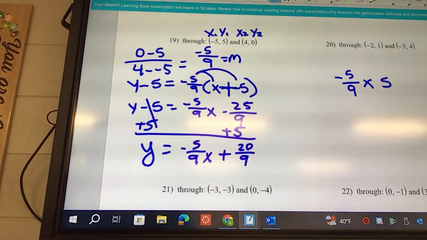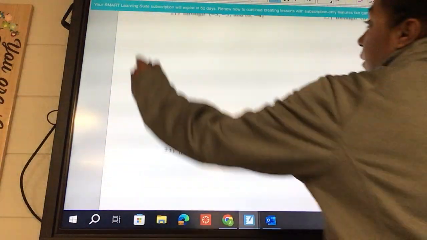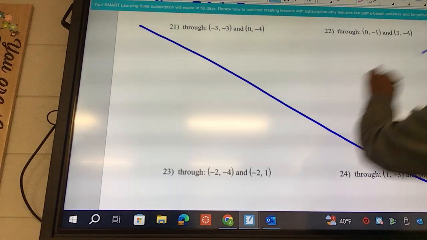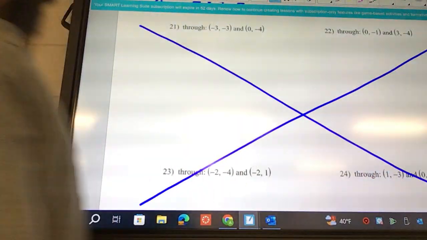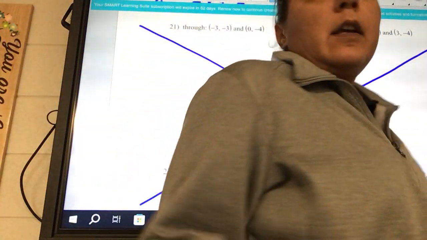Okay, number 21. This is what I want you to do. Put me a big X all the way 21, 22, 23, 24. I'll forget by the time I grade your paper, so don't just throw me a little bitty scribble, or don't scribble it out at all. You guys go through and get